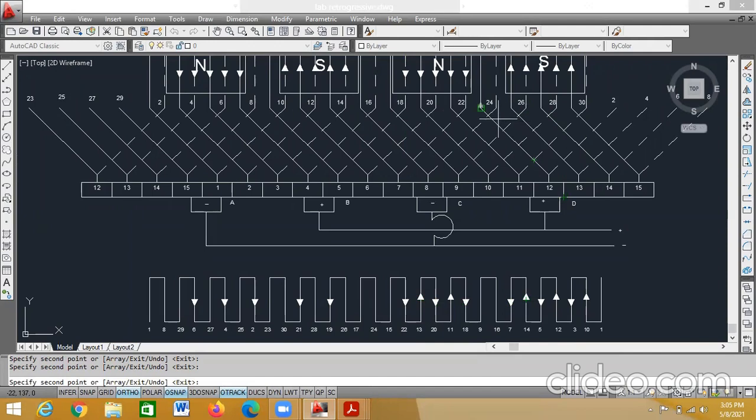Next, south pole, 25 to 29: 25, 26, 27, 28, 29. Okay. Now I have placed all the